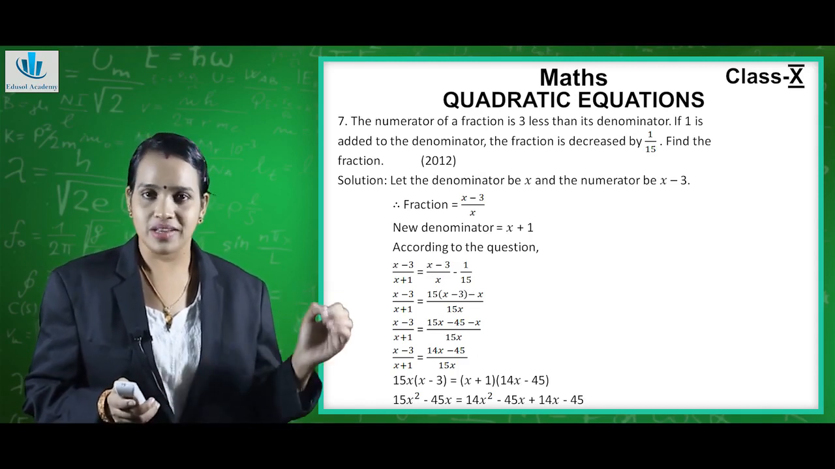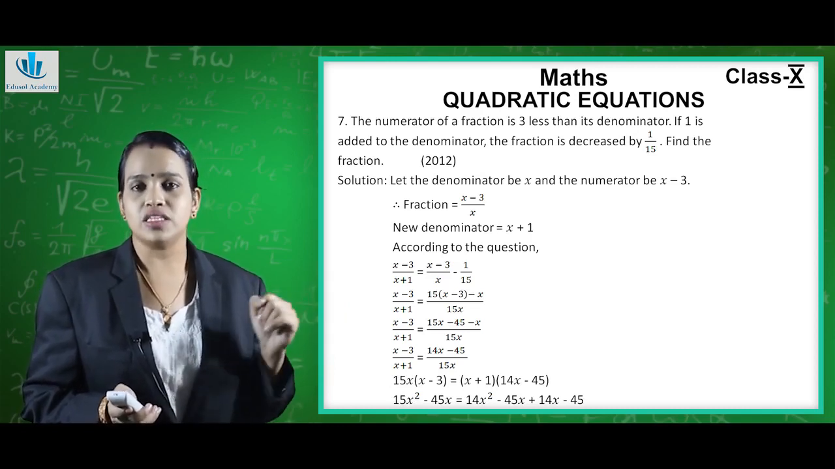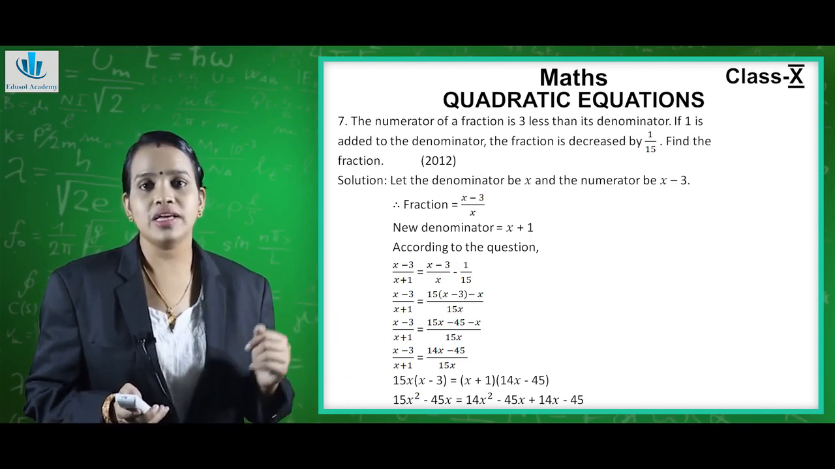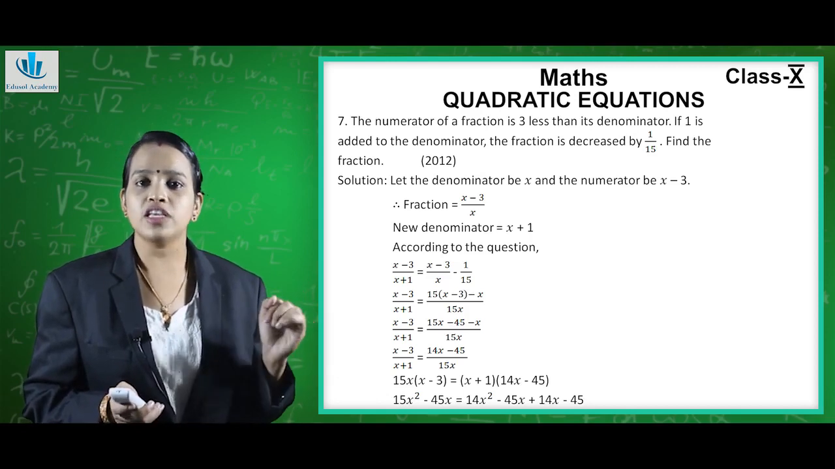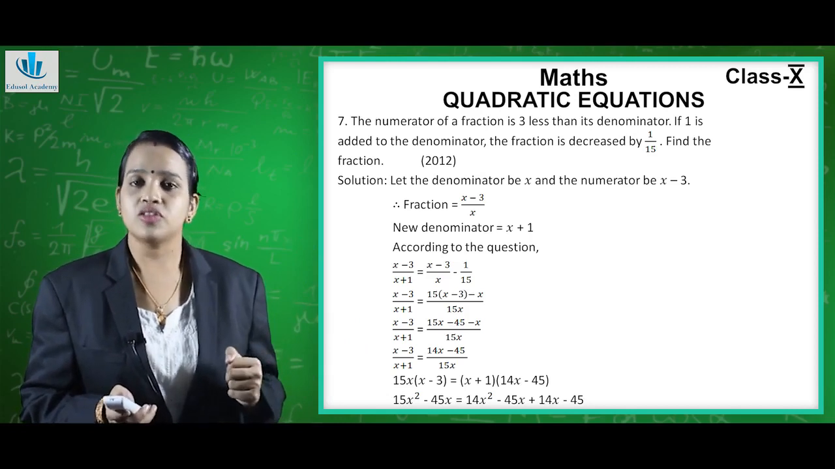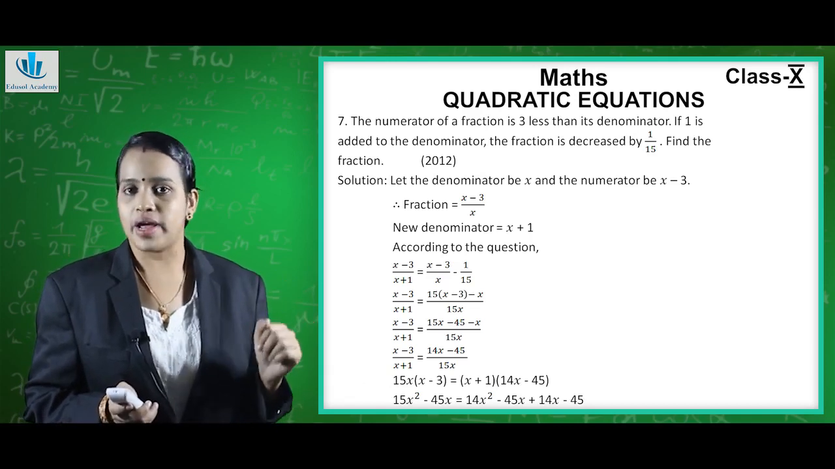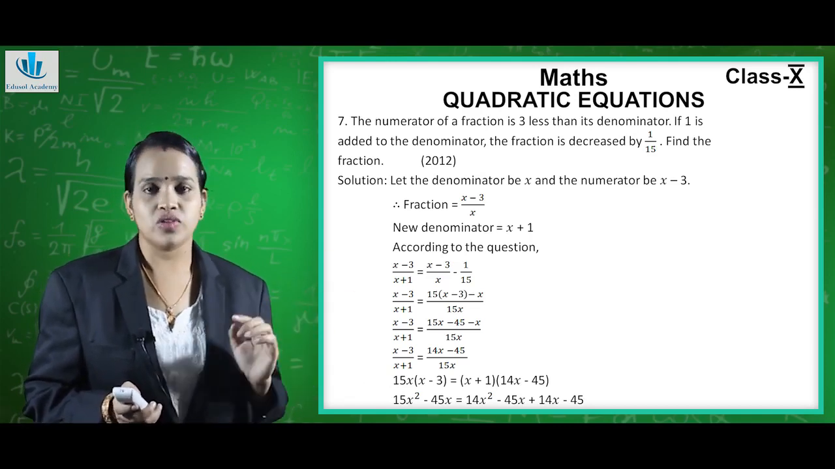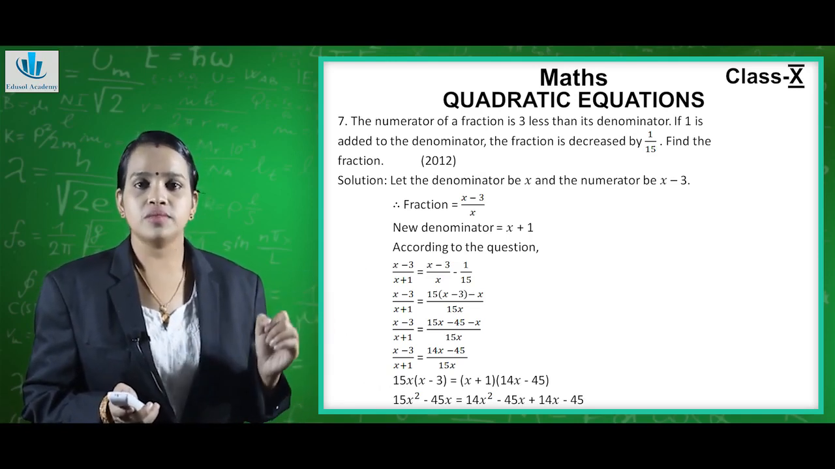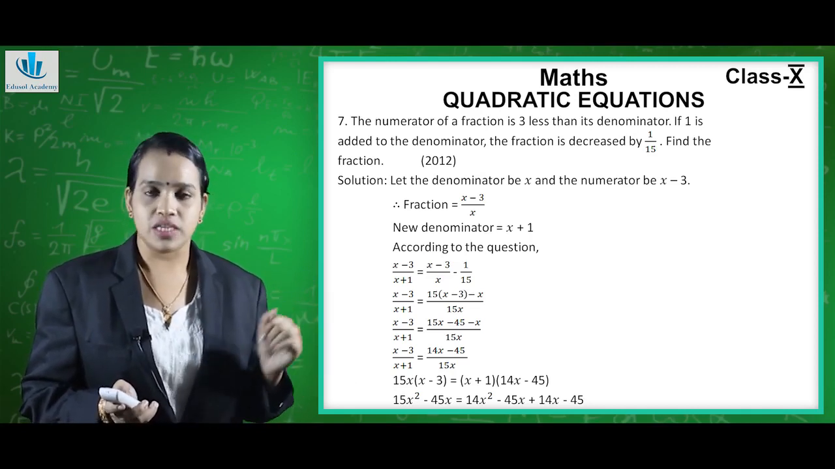So it becomes x minus 3 upon x plus 1 equal to 15x minus x, 14x minus 45 upon 15x. Again we can cross multiply here. So it becomes 15x into x minus 3 equal to x plus 1 into 14x minus 45. Now we can open the bracket. So it becomes 15x into x, that is 15x raised to 2, 15x into 3, minus 45x, equal to, here also we can open the bracket. So it becomes x into 14x, 14x square, x into minus 45, minus 45x, 1 into 14x, plus 14x,